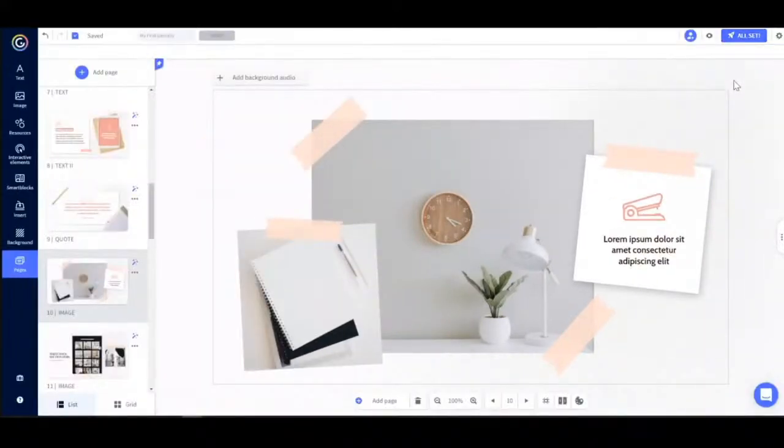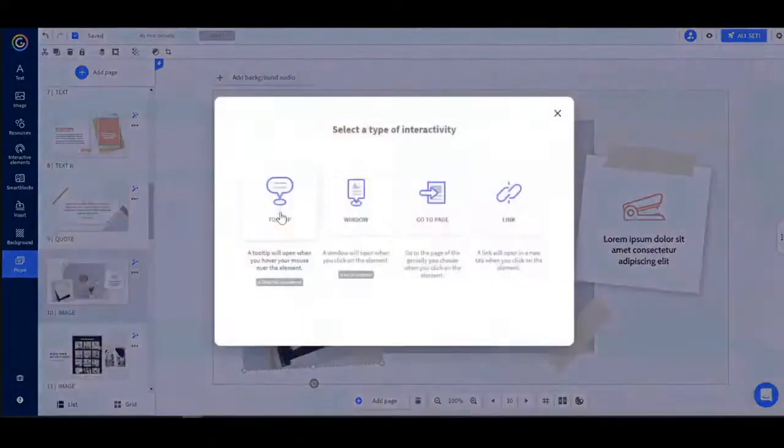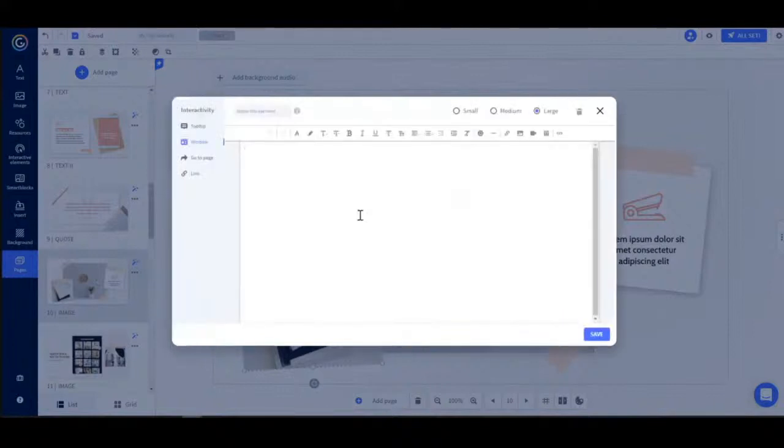Perfect. Now, the second type of interactivity that we have available is the window. Windows allow us to add much more content since there's no limit to the number of characters that you can add. And just like in tooltips, we can insert text, images, video, documents, tables, and even embed codes from other platforms.